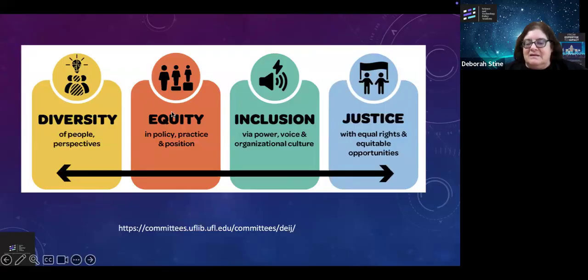But because DEI has such political connotations, when people say equity, they might think that you're meaning all of these, when you might just be meaning equity on its own. And that is sort of a challenge that we face in these discussions, and why it's also very important that everybody agree on what we mean by equity in this particular policy situation.